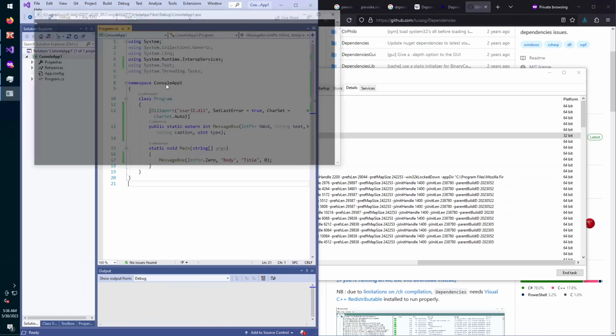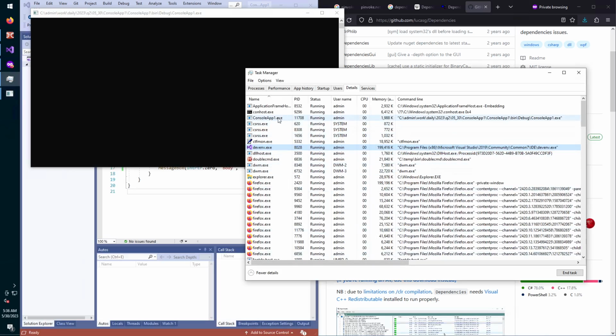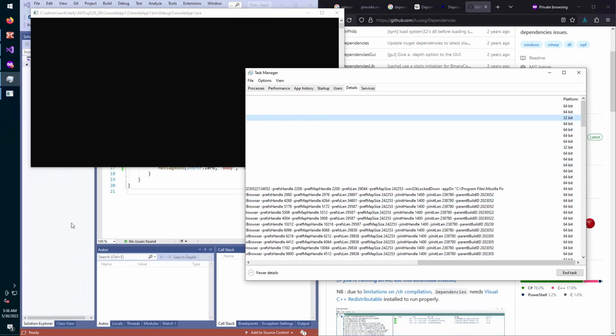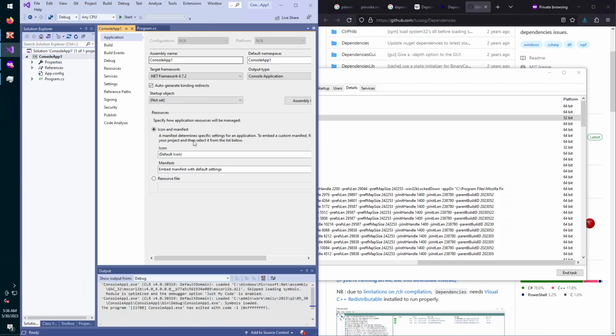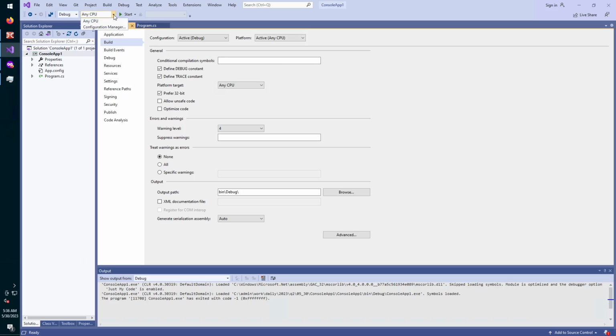Let me run the application and see if it's 32-bit or 64-bit. So ConsoleApp1.exe from today's directory, and it's 32-bit. So let's change that. Properties, stop, and it says that there are two solution configurations, build configurations. There's Release Any CPU and Debug Any CPU, and the only project in this solution